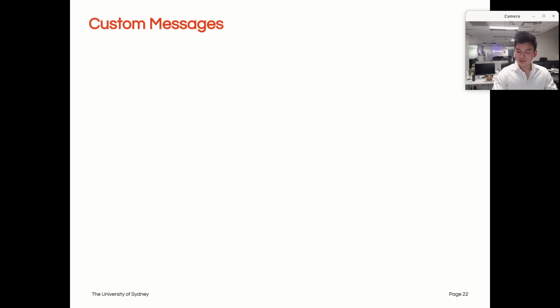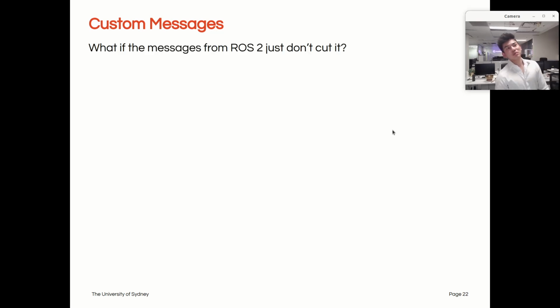What if the messages from ROS2 just aren't enough for you? You may have an application where you go, hey, I have all these interfaces, but none of them simply fit what I need for my task. I need to create a new type of message. Is that possible? The answer is yes, of course it is, because ROS2 has a lot of